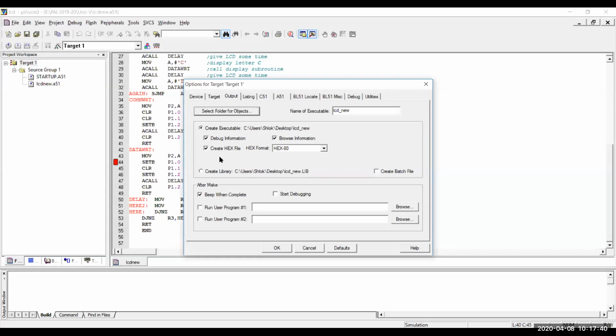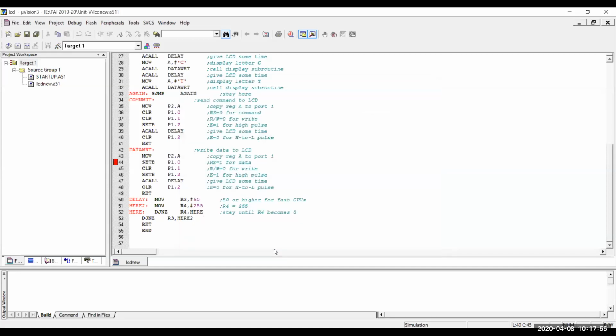So you need to click on this option. See here, I'm clicking on the option to create a hex file, and the hex file is created, LCD underscore new. I can change the name also. This hex file is created for the program whenever you build the program. By default it is not created; only when you build the program is this hex file created.